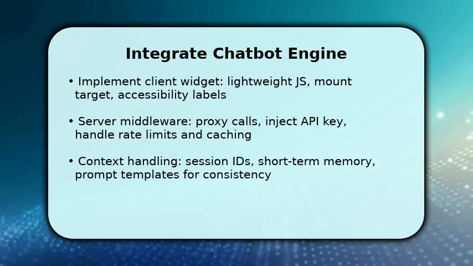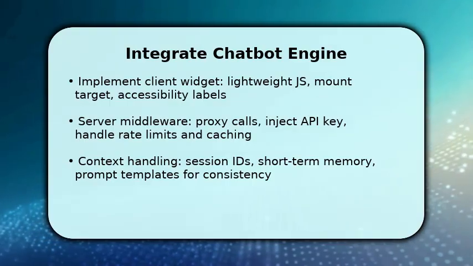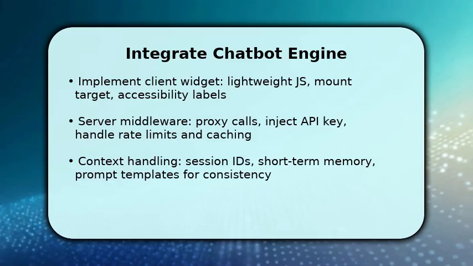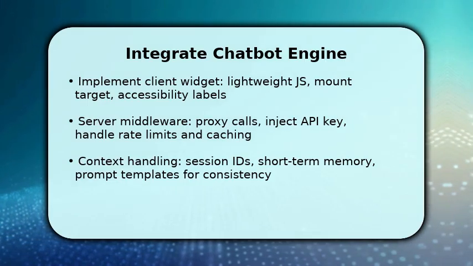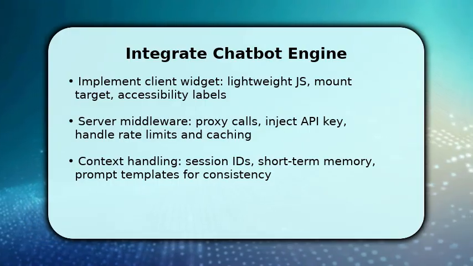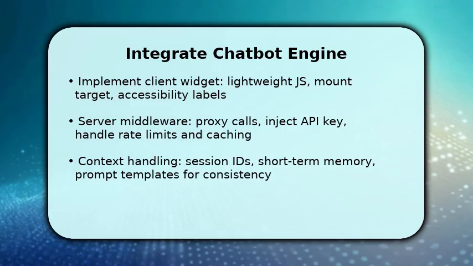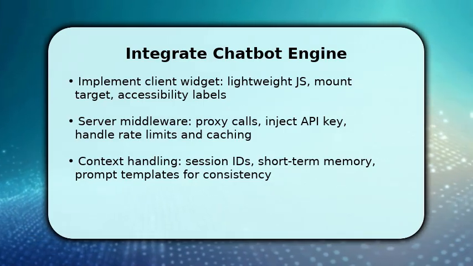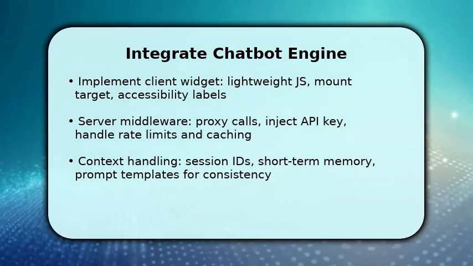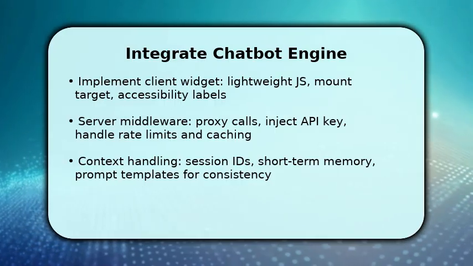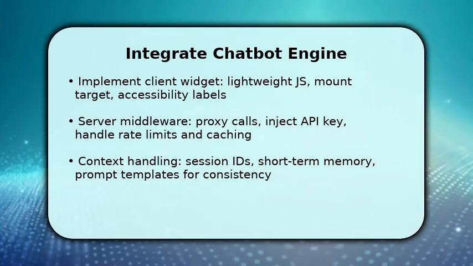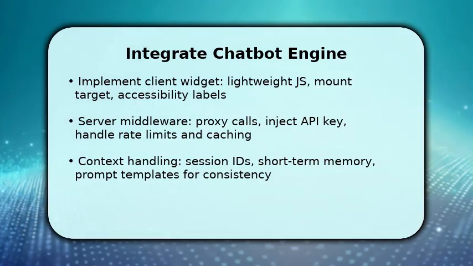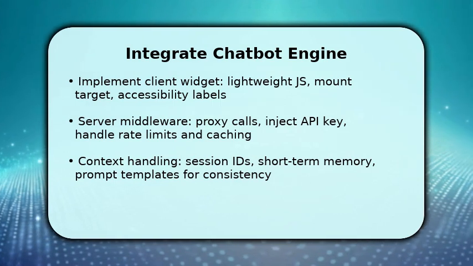You now connect the pieces so the bot can understand and respond. Start by embedding a lightweight JS widget that mounts on a target element and includes ARIA labels for accessibility. Then, build a server-side middleware to proxy requests, keep your API key secret, apply rate limiting, and cache frequent answers. Once done, implement session ID and short-term memory so context persists across messages, and use prompt templates to steer responses